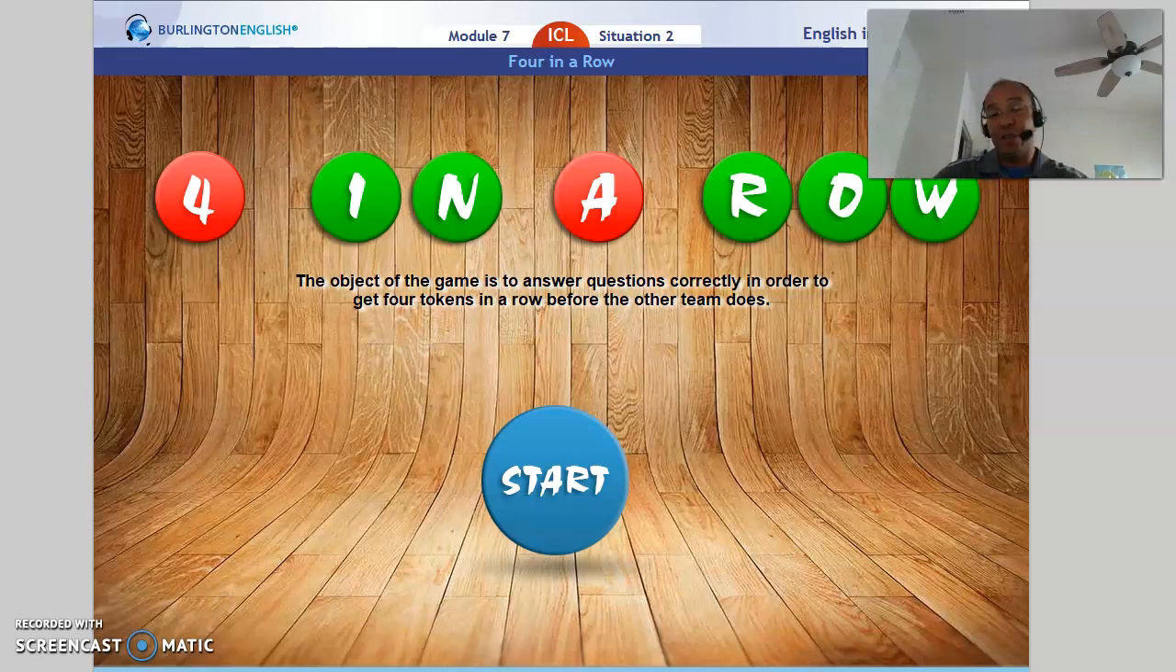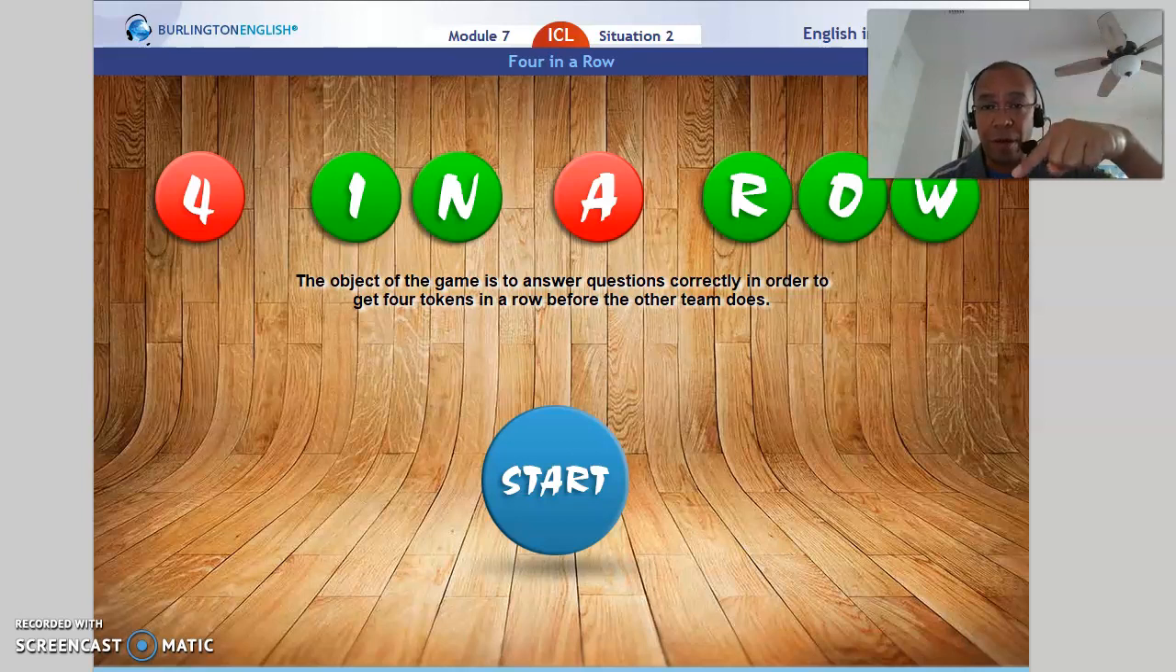Today we're going to review some of the information we cover in this unit: filling out a form, and we're going to do it through a game. The game is called 4 in a row. Okay, 4 in a row. So our purpose is to connect four